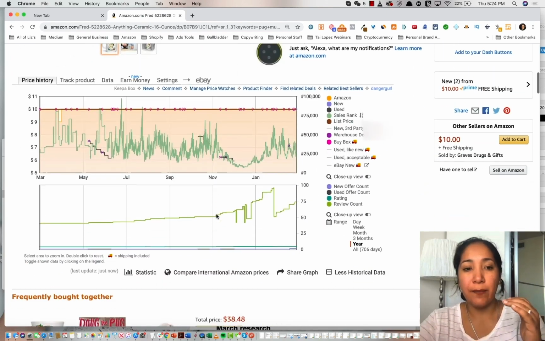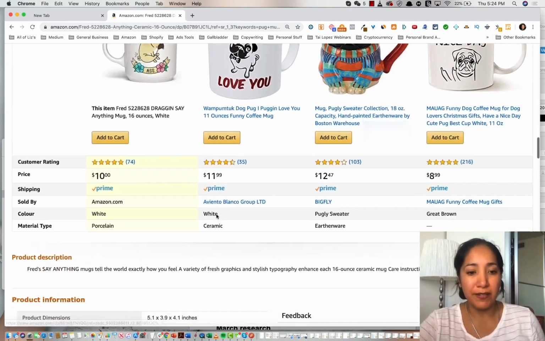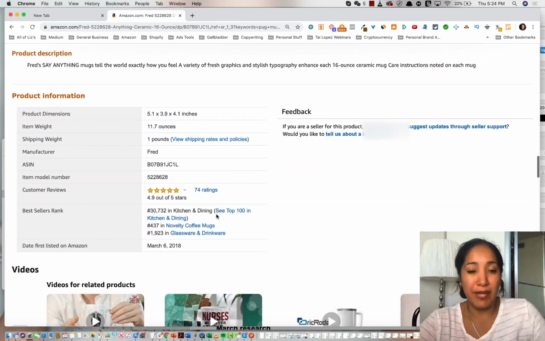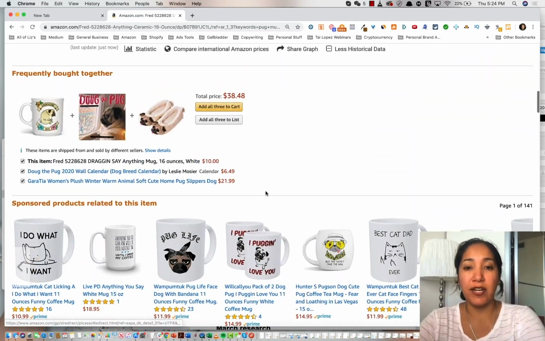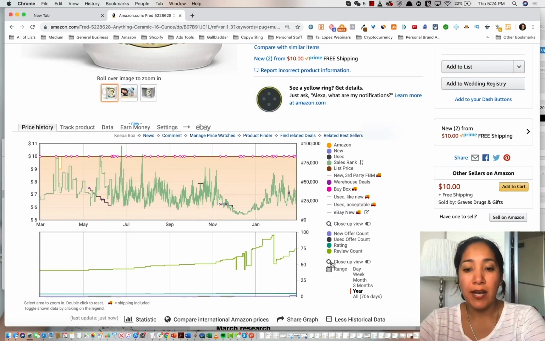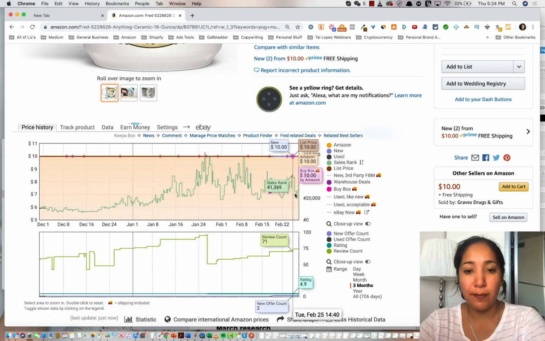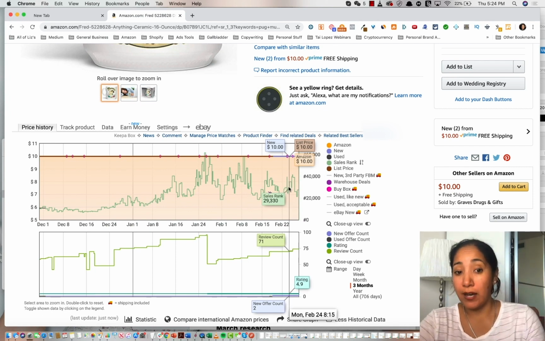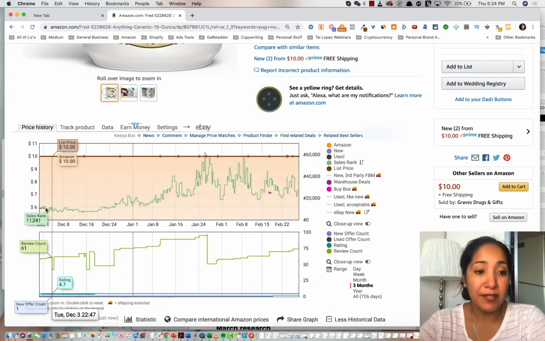Like for example, the BSR that this has right now doesn't mean that it's always been the BSR of the product. It could have just gotten a recent blast of, say, 5 to 10 sales. Right now it's 30,000 in kitchen and dining. So the way that I would use Keepa is I would look at what the past 3 months has shown and then take an average, like take an imaginary line across here, which would probably be right at around the 29,000 mark. So 30,000 is very, very much what this could be,